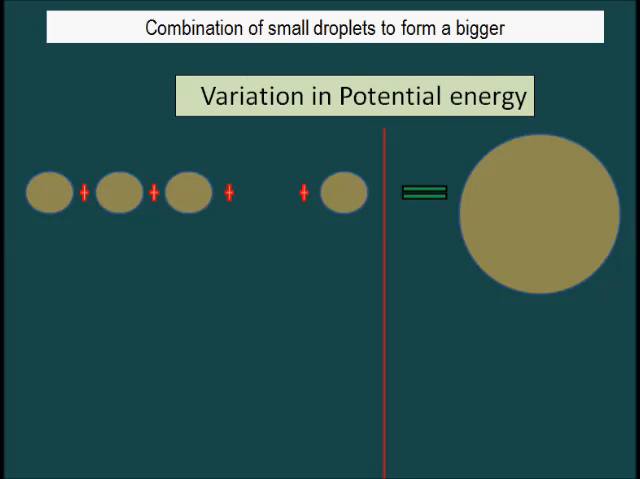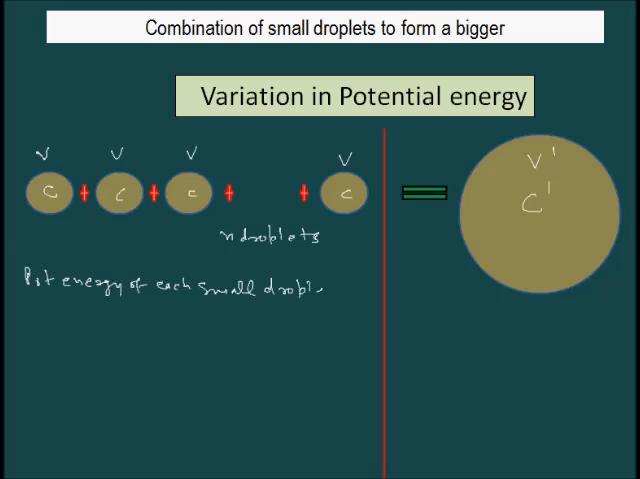Now we will discuss potential energy. Let each droplet have potential V and capacitance C. As we have discussed earlier, there are n droplets. After combination, its potential becomes V dash, and its capacitance is C dash. Then we know that the potential energy of each small droplet can be written as 1 by 2 CV square,